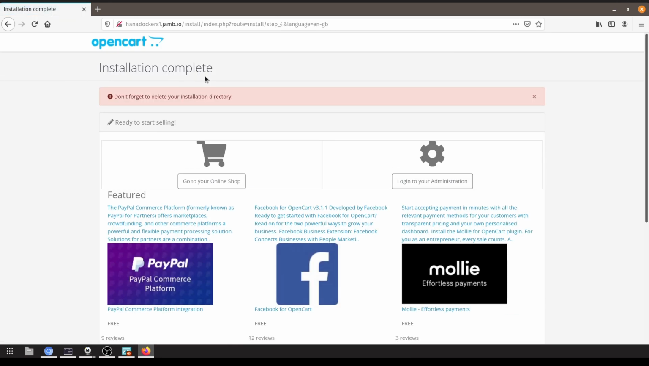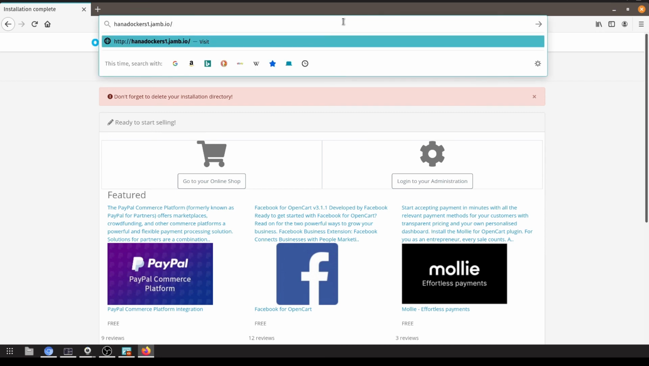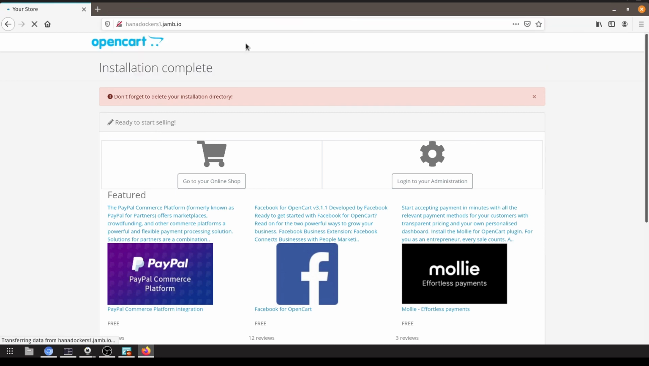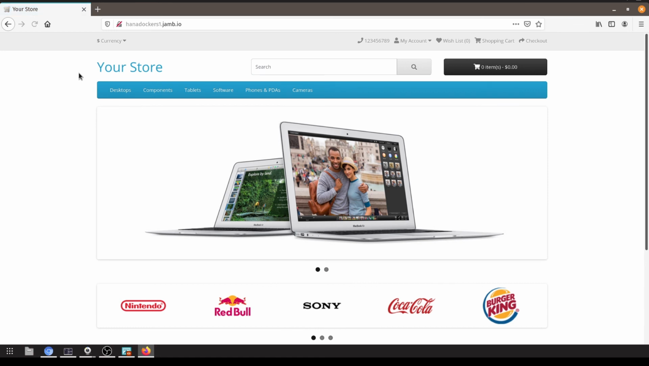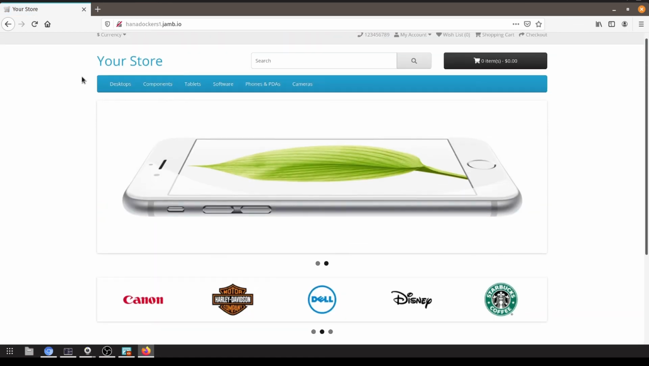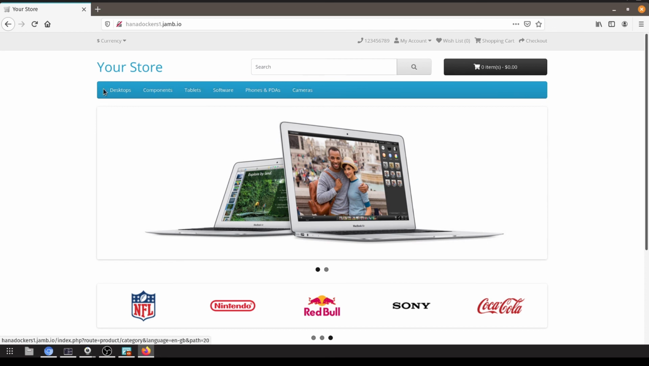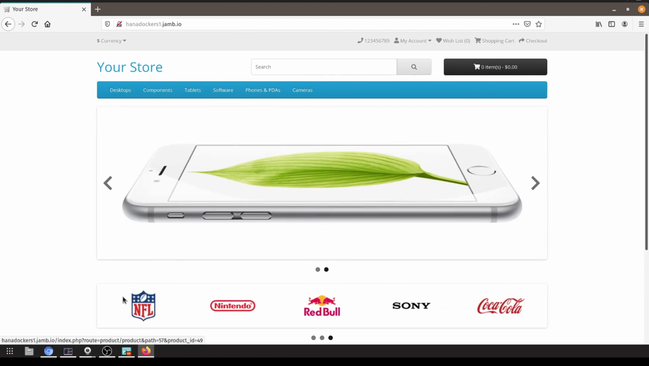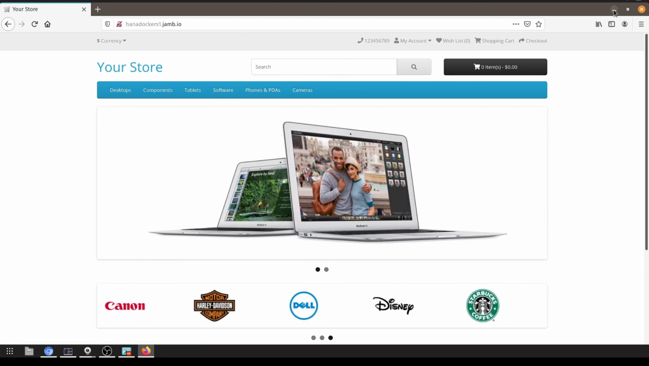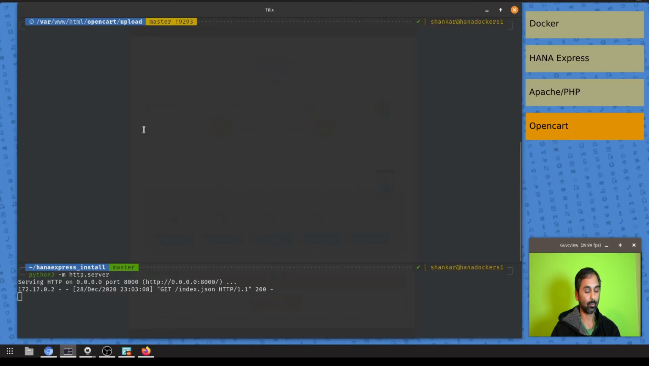Okay, so installation is complete and we do not have any errors. It says don't forget to delete the installation directory for production use. Now if we remove the installation path and if we launch our Opencart, we can see here we have Opencart available on HANA database. We can verify our installation by logging into our Docker container by running,